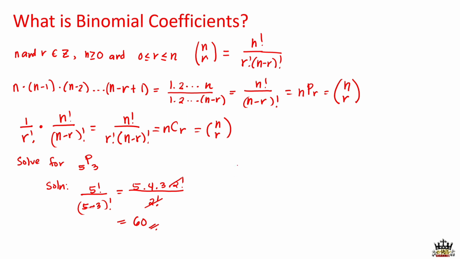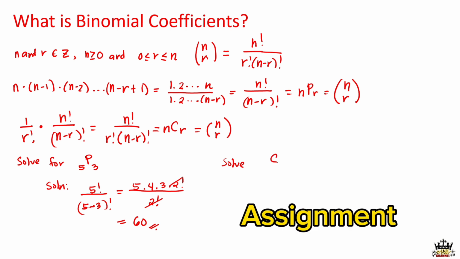However, if we're going to solve for the combination of 5 objects taken 3 at a time,